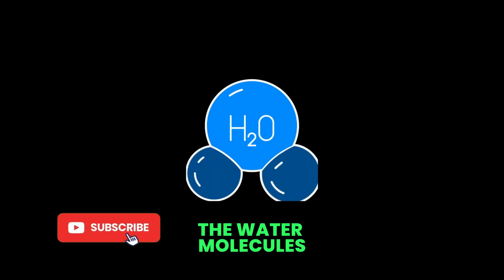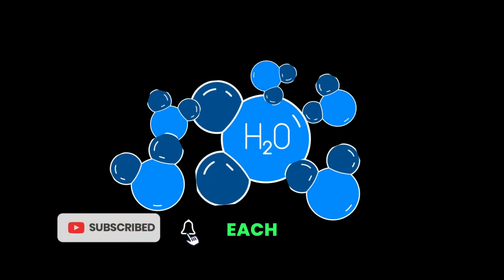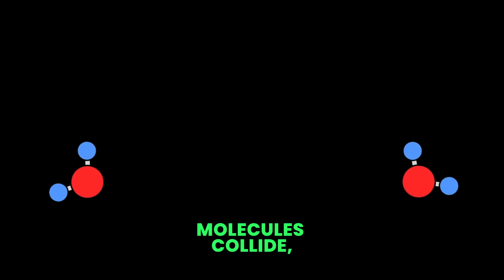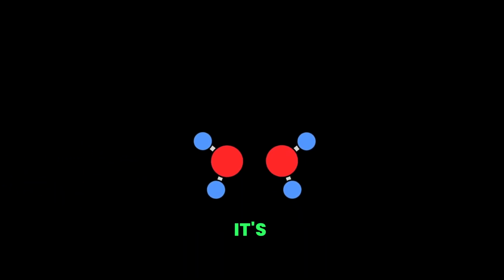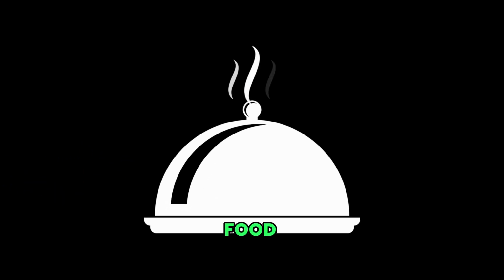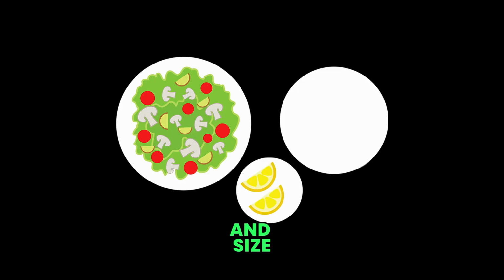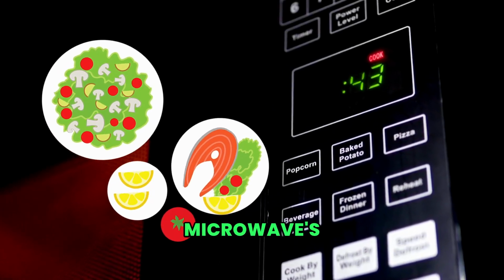This makes the water molecules jiggle and move, colliding with each other in the process. As the molecules collide, they cause friction. It's this friction that actually makes the food get hot. However, the shape and size of the food, as well as the microwave's power, also influence how long something takes